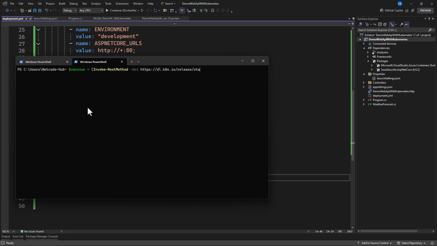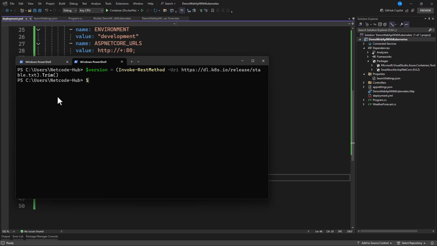So stable. Let me increase this in case. Yes. So stable.txt, and after that we can trim. Okay. So it's like we are creating a variable, version, which is going to hold this. Now that we are done with this, we're also going to create another variable to handle the URL.